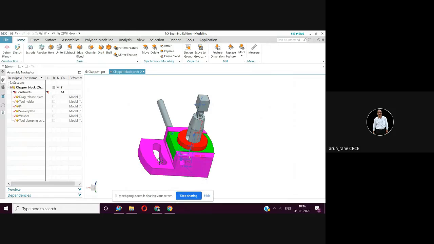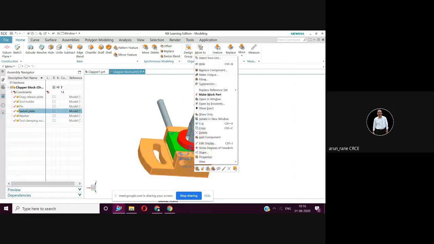You can assign different colors. Keep your mouse on the part, right click, and see the operation Edit Display.